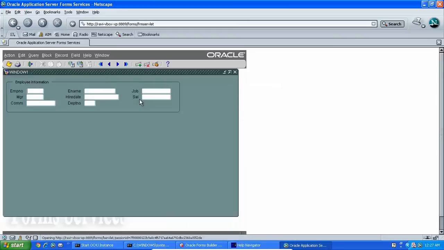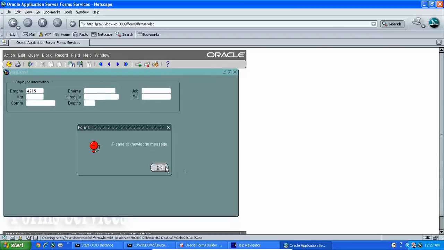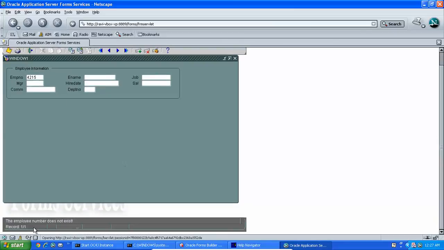So my when validate item trigger will work on employee number, and then my when validate record trigger will work for these two columns. Now let's give a unique number for the employee. Okay, no issues. You will also be able to see the message, employee number does not exist, so this is right. Let's give a name, and then job, any manager number,